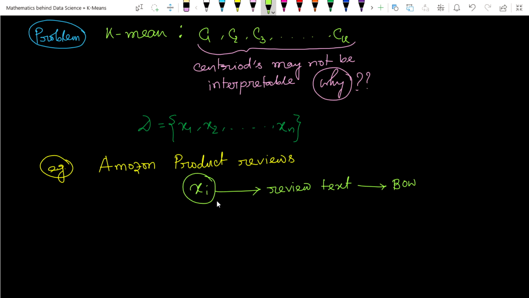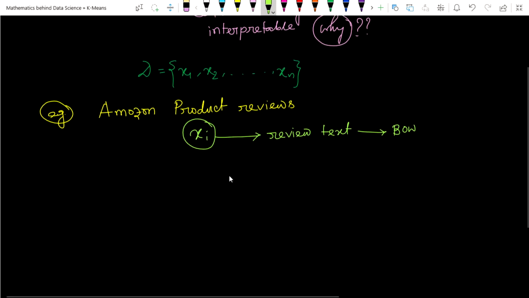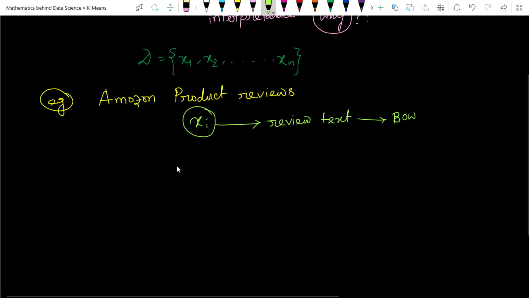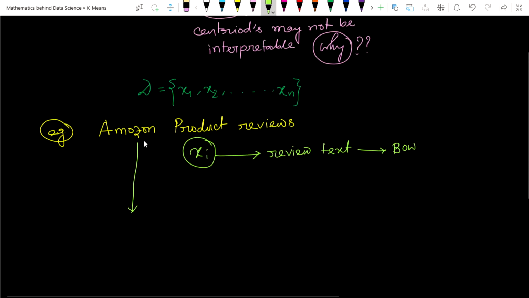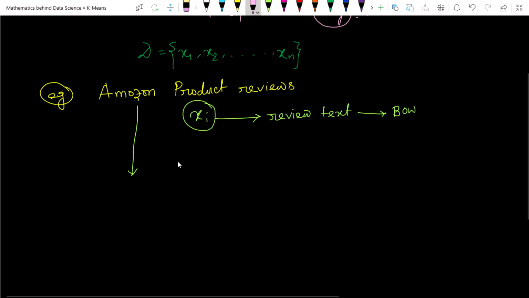Now the question is about the centroids that we make from the data set using k-means or k-means plus plus. Suppose the centroids that we have predicted are C1, C2, C3, up to CK. These centroids we have predicted from this data set. Now how do we calculate this centroid? Just remember